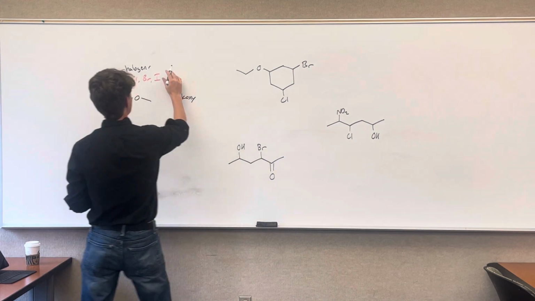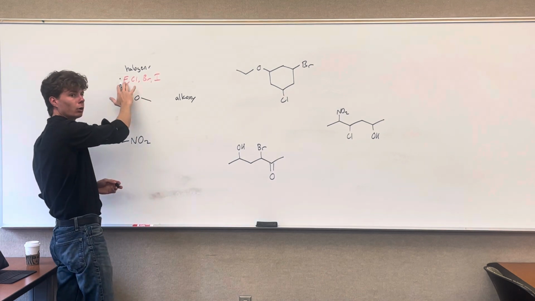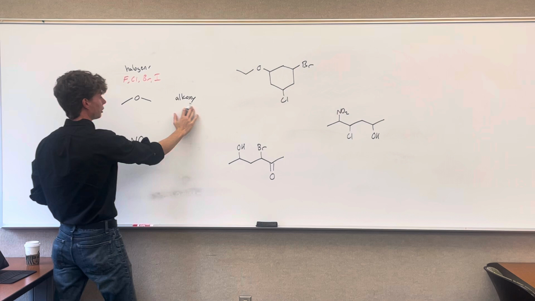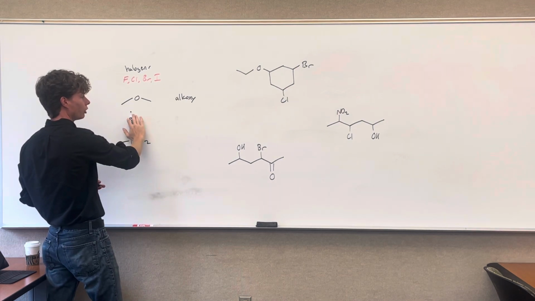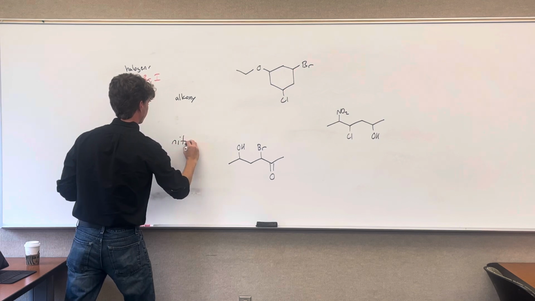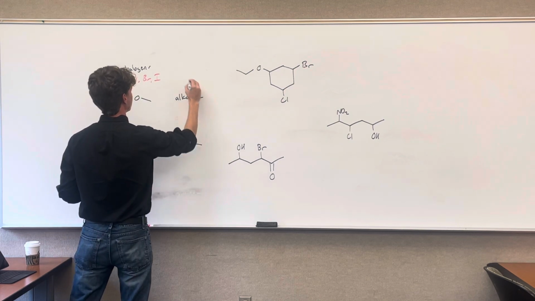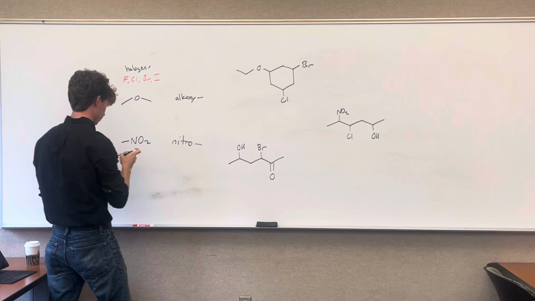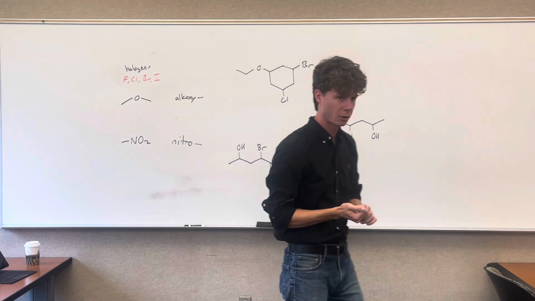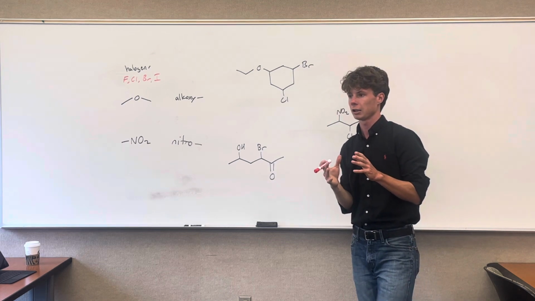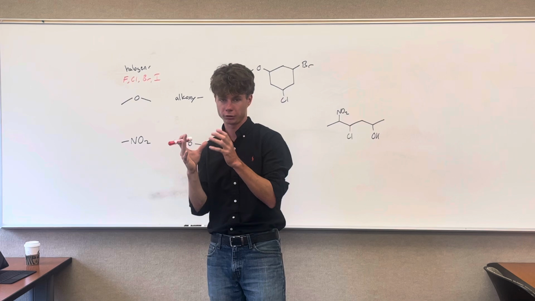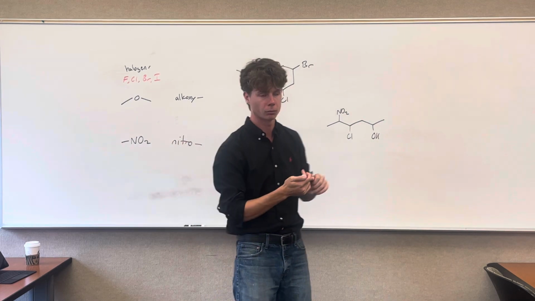So these are going to have their own. We should know them: fluoro, chloro, bromo, iodo. Our alkoxy groups are going to depend on how long our carbon chain is, as we'll get to here. And then these are just going to be nitro. And again, they're all prefixes, so they're all going to come at the front, lowest priority. Make sure to designate something. If there's something else of higher priority, make that carbon number 1 or as low as possible, and then worry about